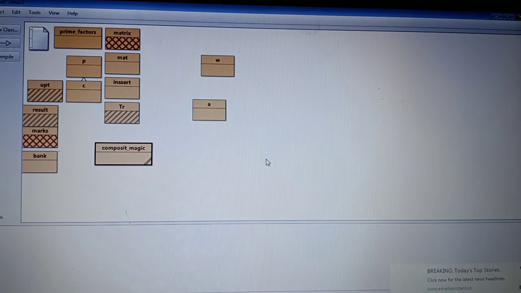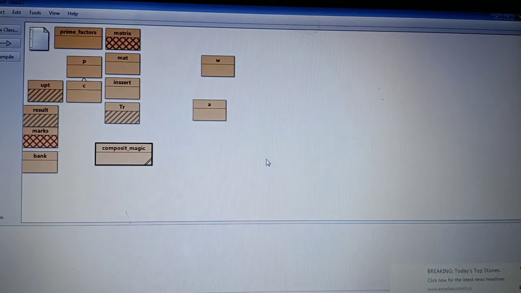And when we sum the digits, 5 plus 5 is 10, then 1 plus 0 is 1. So it fulfills the condition of composite as well as magic. So 55 is a composite magic number.